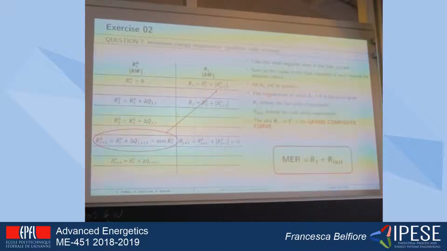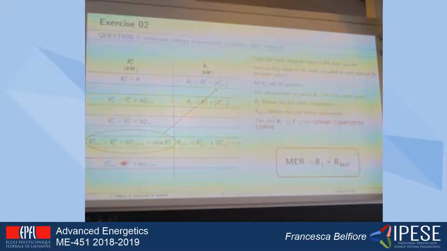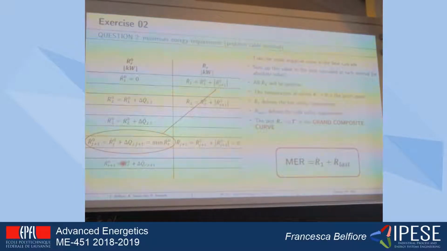So finally, you will have a column of cascaded values, and these values can have a negative value. And in particular, you will be looking at the most negative one, so at the lowest value. But since it is cascaded to other intervals, it cannot actually be negative. But this is because we made the assumption that the first one doesn't receive any heat. So it means that we are making the assumption that we don't have any hot utility. But this might be wrong. If it's true, then you won't have negative values. It means that your heat cascade is closed. You don't need